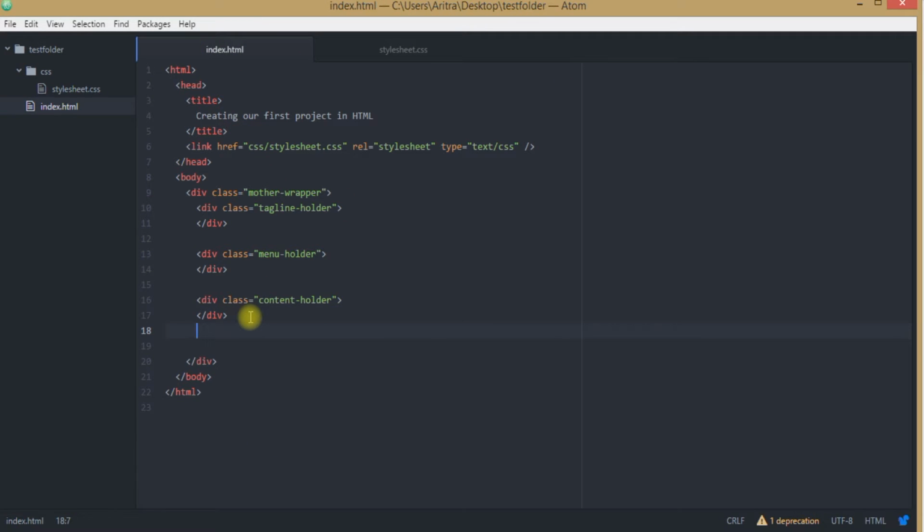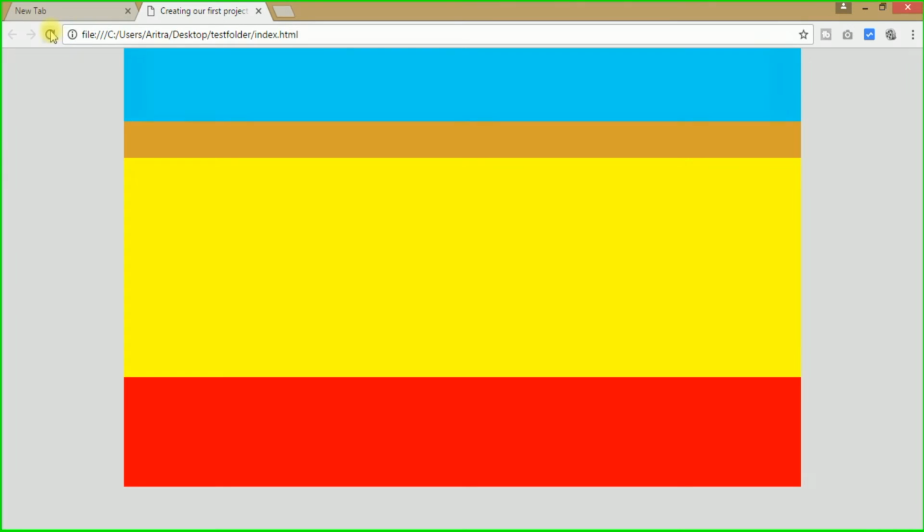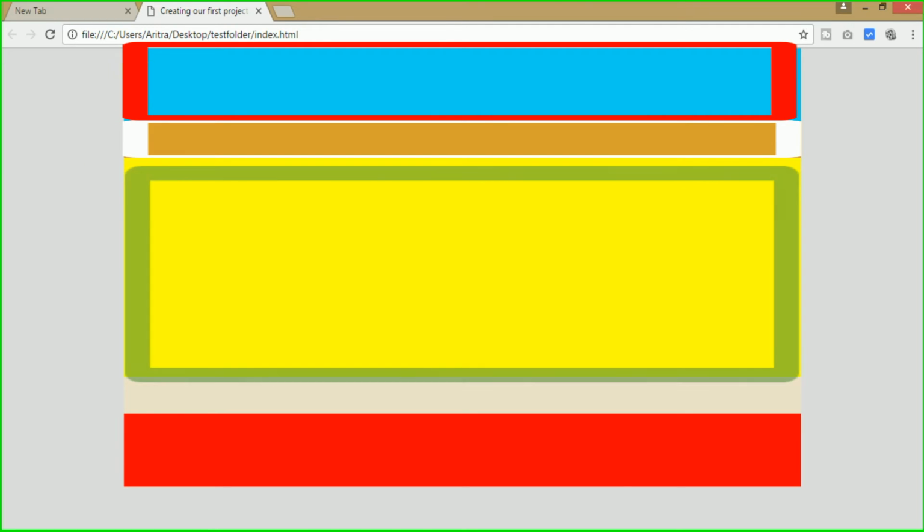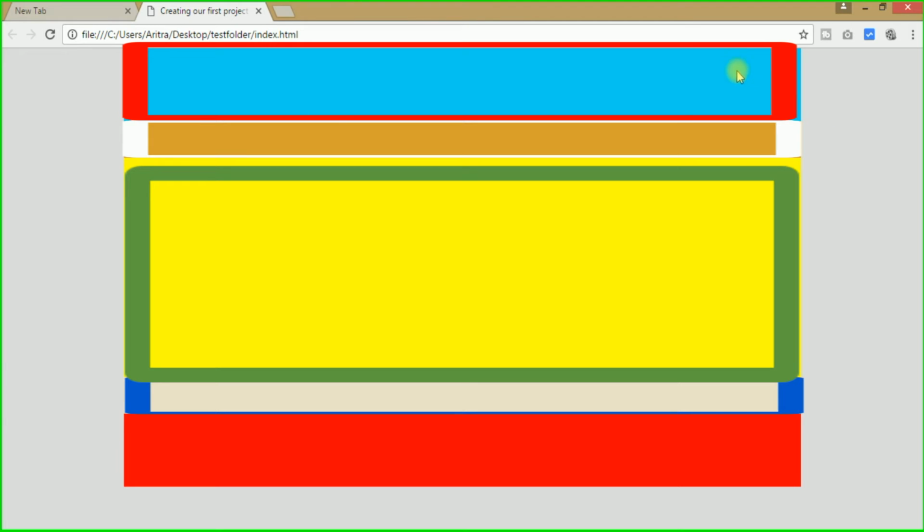Get back to the index page, descend down after this content holder div, and here you just provide a div for the footer element display, and provide the div over here. So now just reload and you see that every single wrapper, the parent divs that have been created so far, are now in position in place.